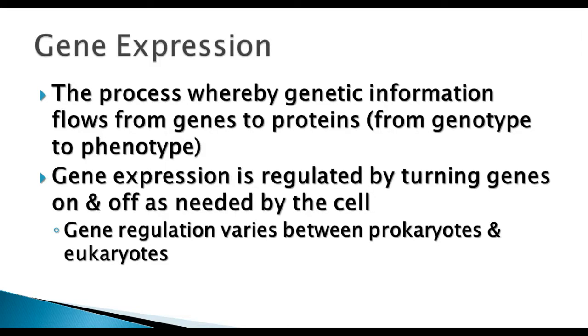Every cell in your body has the same chromosomes, the same DNA as every other cell, but every cell doesn't have to do the same jobs. You have cells that are differentiated or specialized to do different kinds of jobs. You have nerve cells that transmit impulses. You have muscle cells that contract. You have gland cells that produce hormones. The muscle cells don't have to produce the hormones that are produced by the gland cells, and the gland cells don't have to contract like the muscle cells do, or transmit impulses like the nerve cells do.